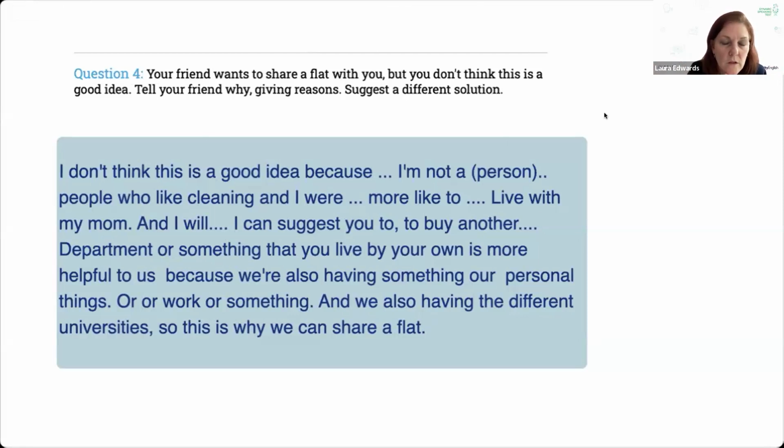I don't think this is a good idea because I'm not a person people who's like cleaning, and I would more like to live with my mom, and I can suggest you to buy another department or something, and to live on your own is more helpful to us, because we're also having something our personal things or or work or something, and we also have in a different university, so this is why we can share